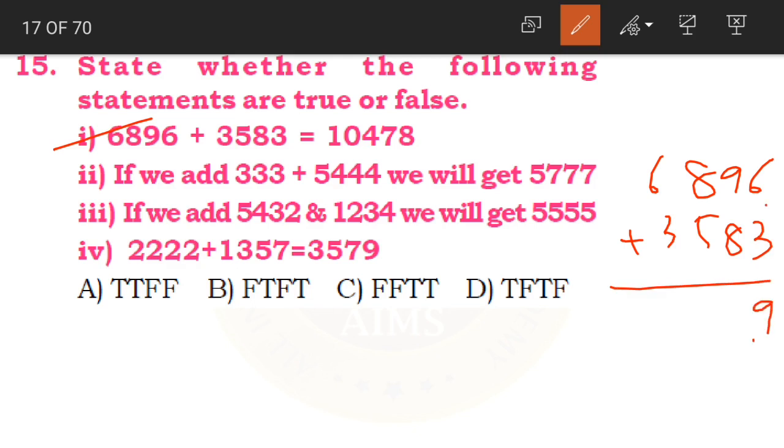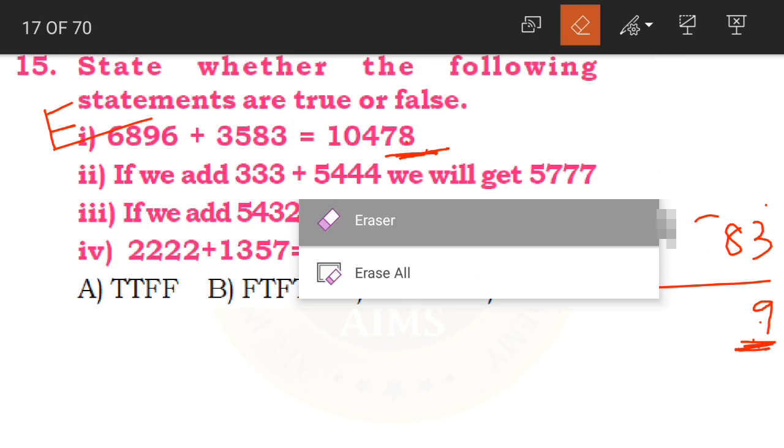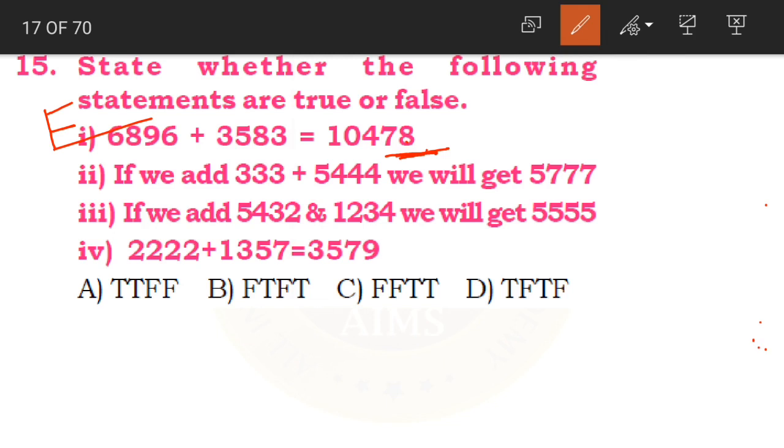6 plus 3 is 9. See, here only we got the wrong answer. What is it having in the ones place? 9, but 8. But here what did we get? 9. So we can obviously say that statement 1 is false, children. Okay. In these Olympiad questions, you need to be smart. You need not solve all the question. You just need to solve whatever is required to get the correct answer.